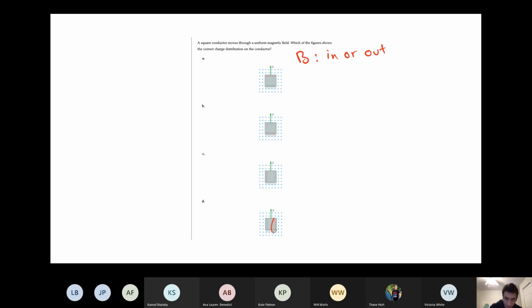So here you have your positive charges. So I said F, I mean D. So D is your right answer. From first glance, you can rule out A and B, because